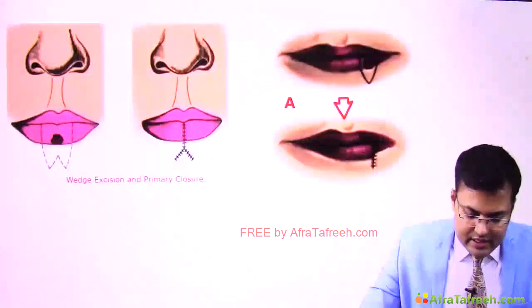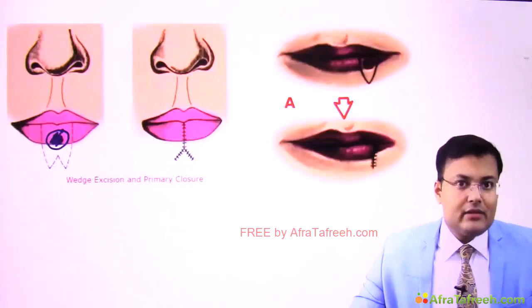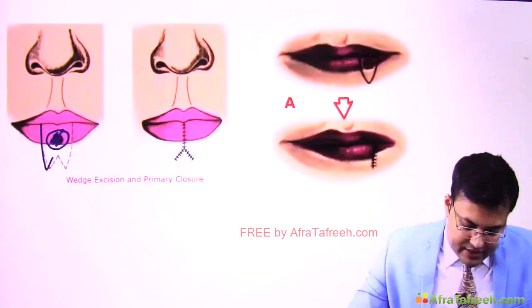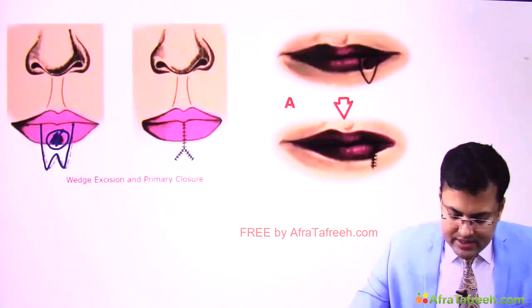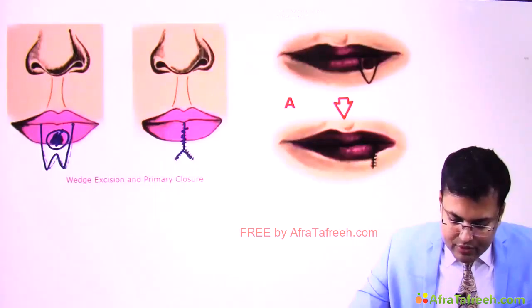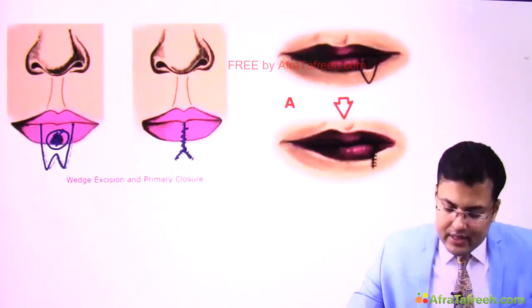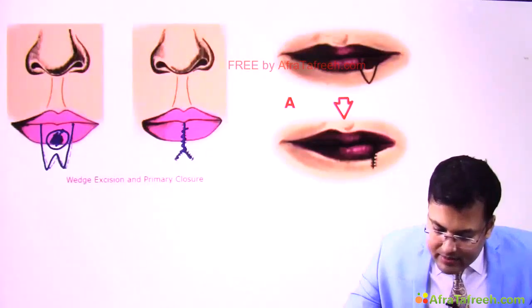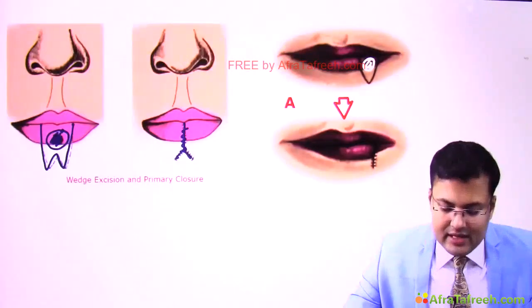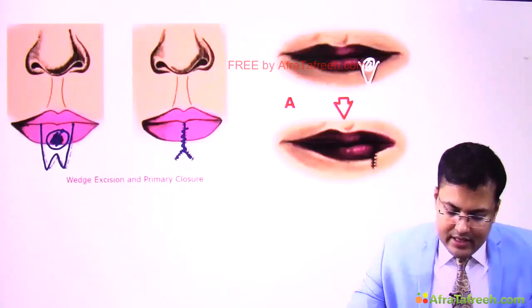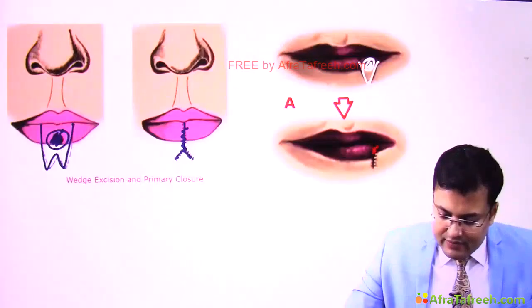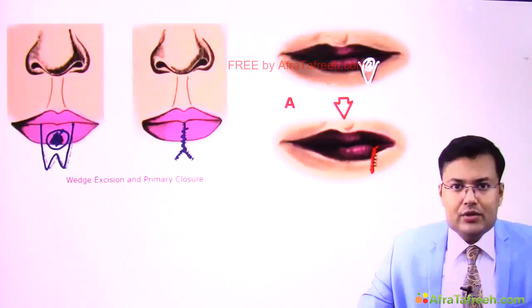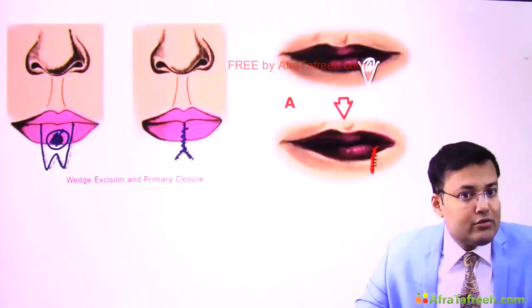Here you can see carcinoma is involving less than 1/3 of lip, and that's why you can see what kind of excision is done here. Can you see W-shaped excision? And after this W-shaped excision, you can see I'm going for primary closure. Now see the second example. Here also you can notice that the malignancy is involving less than 1/3 of lip, and here what is the shape of excision? V-shaped excision, and after this V-shaped excision we are going for primary closure. Right? Now see the second situation.